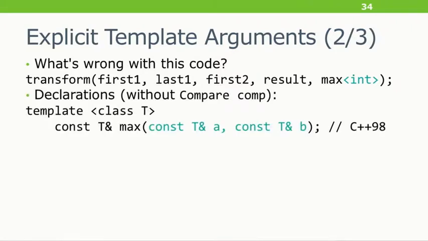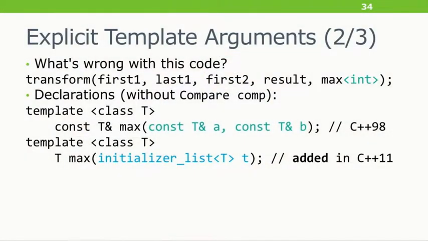So here is the declaration in C++98. There's another overload for a comparator. We don't care about that one. And the overload that the user wants takes const T& and const T& and returns const T&. So does anybody know why this fails in C++11? Zero hands that I see.